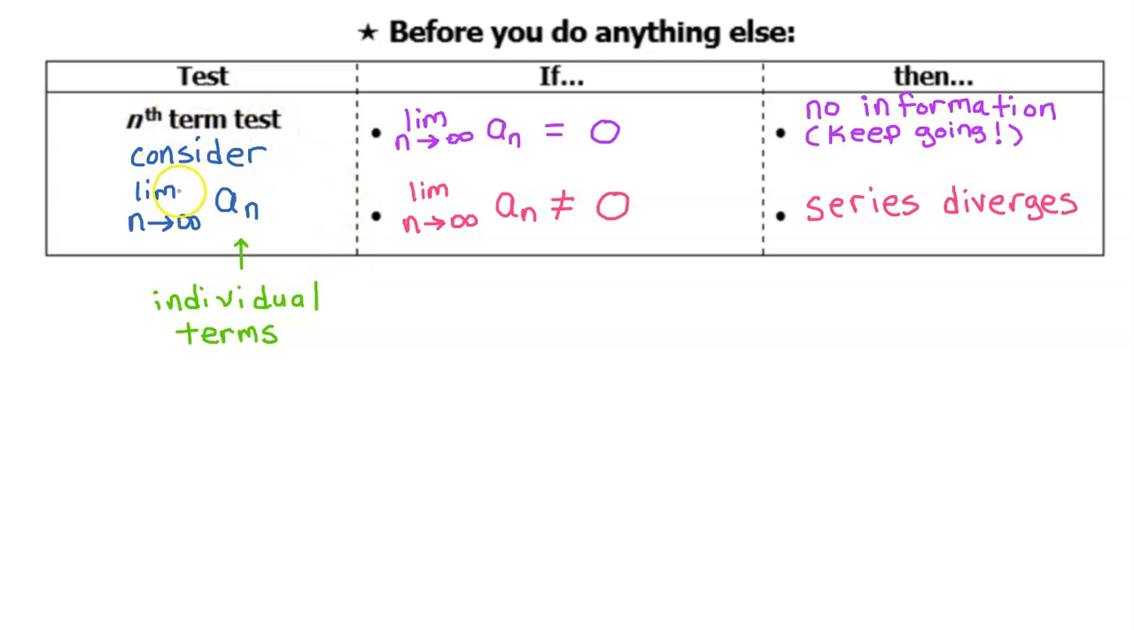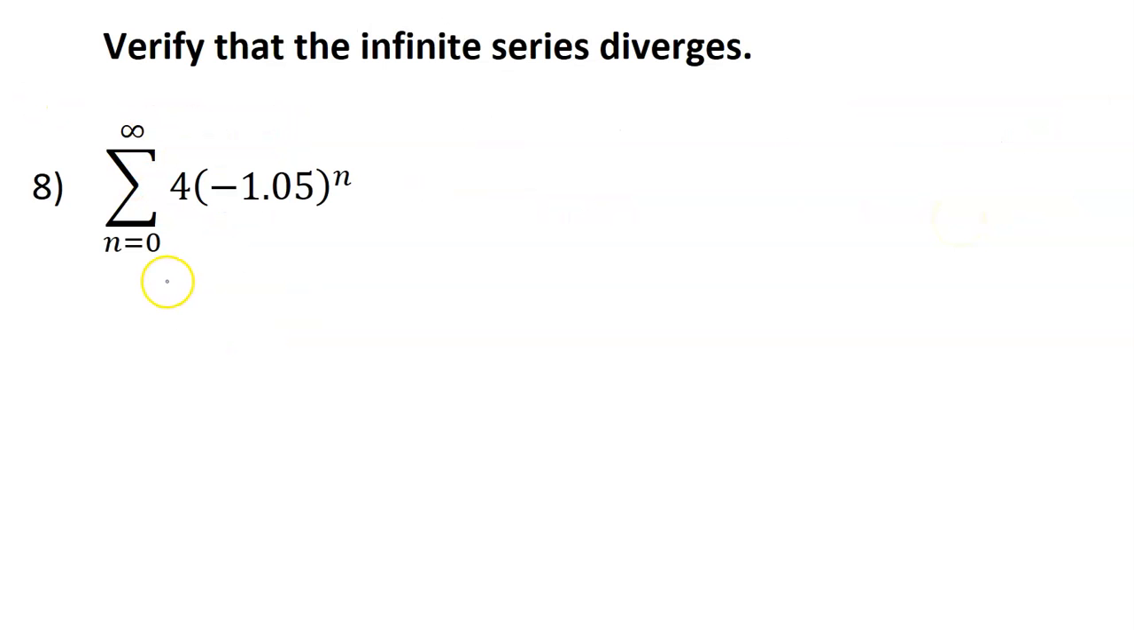You start by considering the limit of the rule as n approaches infinity. If the limit equals 0, that tells you absolutely nothing. However, if the limit does not equal 0, that proves that the series diverges. Again, this is the Nth Term Test. So far, the Nth Term Test is the only test we know, so we're going to use it on every